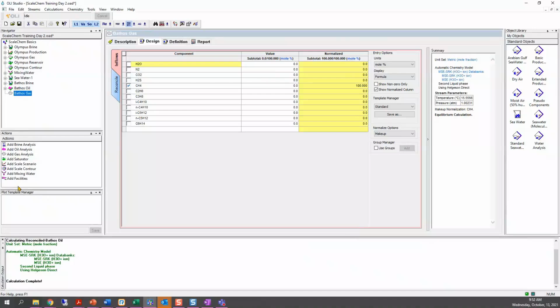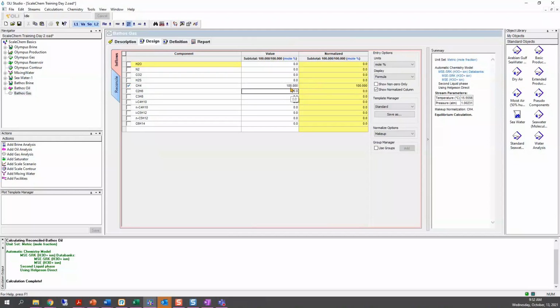We were not really given a gas analysis per se. So we are going to assume that the gas is 100 mole% methane.